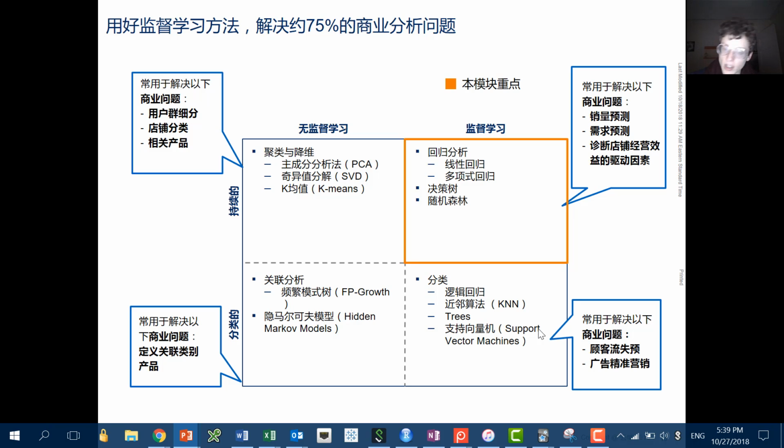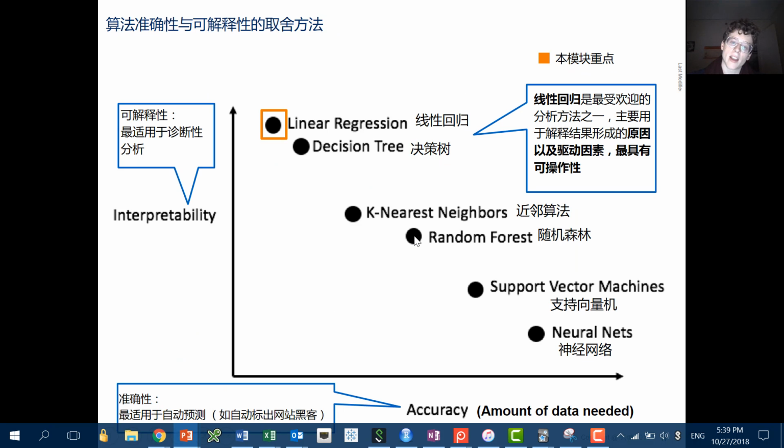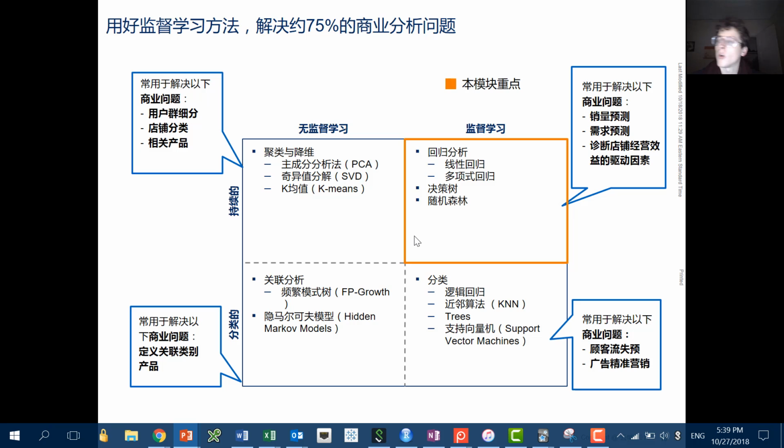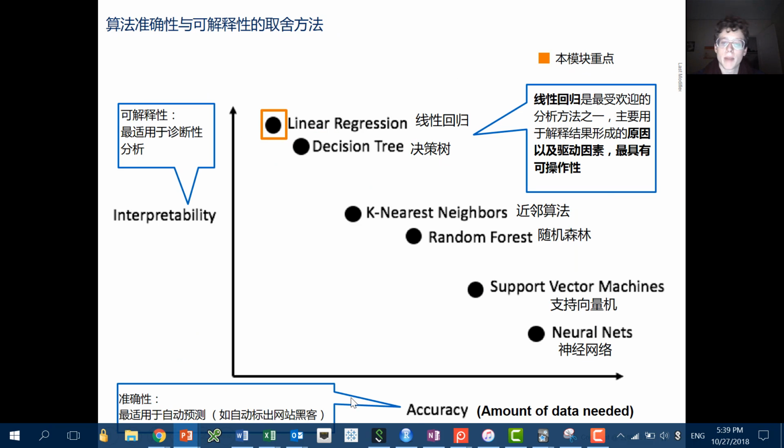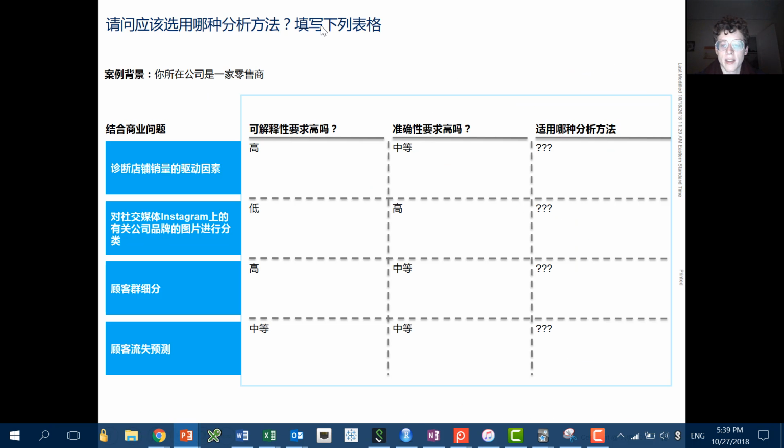So think about it this way. Is it supervised or not? Is it continuous or not? Then you'll find a quadrant. Then pick, how much data or how accurate does it need to be, and then you can pick one of these if it falls within there. So let me give you a few minutes for that, and then we will come back together and discuss.